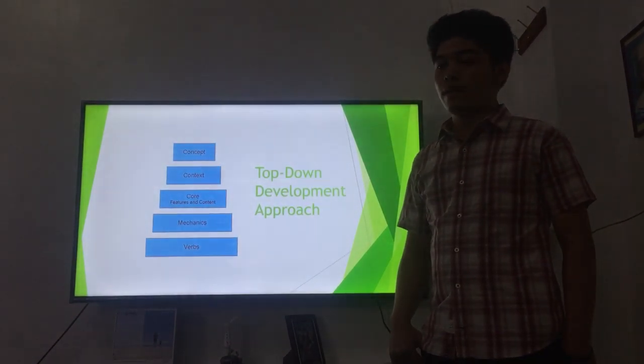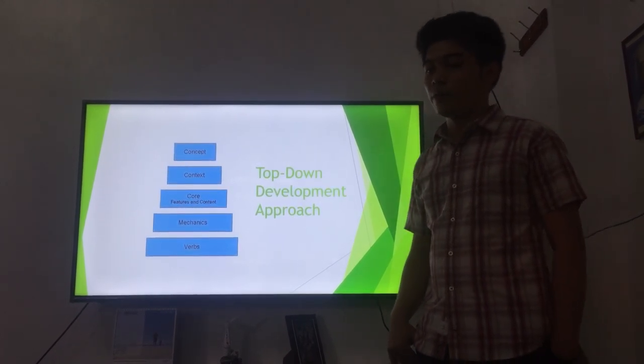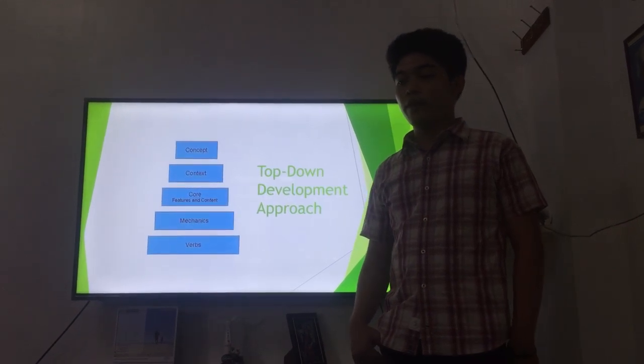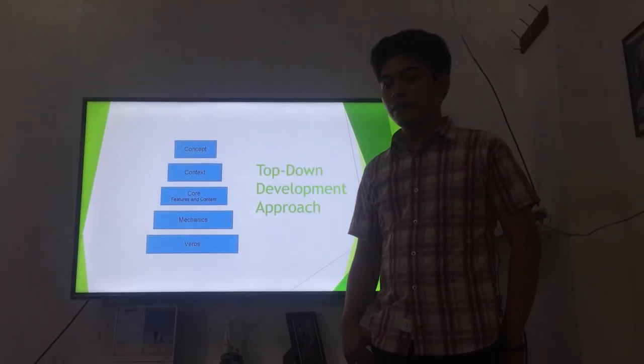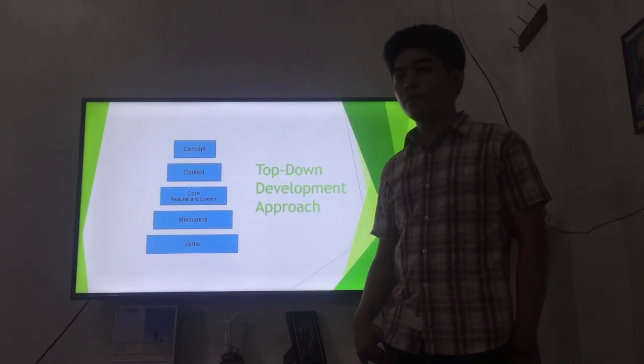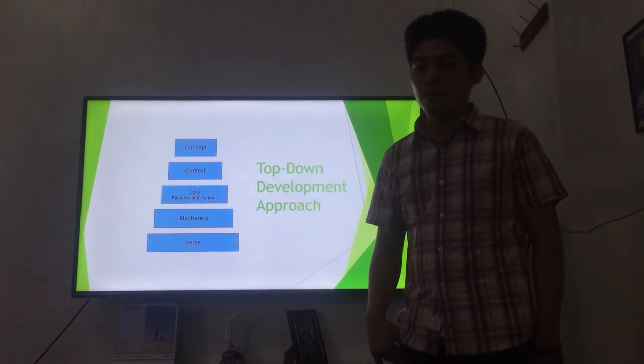The planning of the content and features of the game will be developed in the core layer. Content refers to the planning for the game materials such as avatars, sprites, backgrounds, and other game objects. The proponents decided to add features which may set the game apart from other existing games.